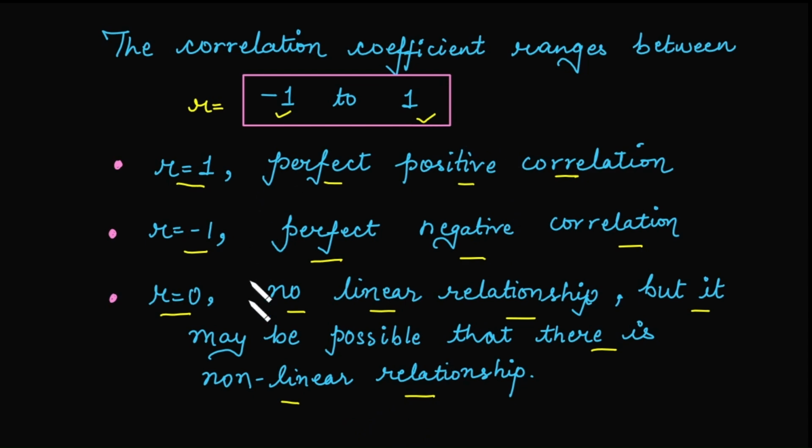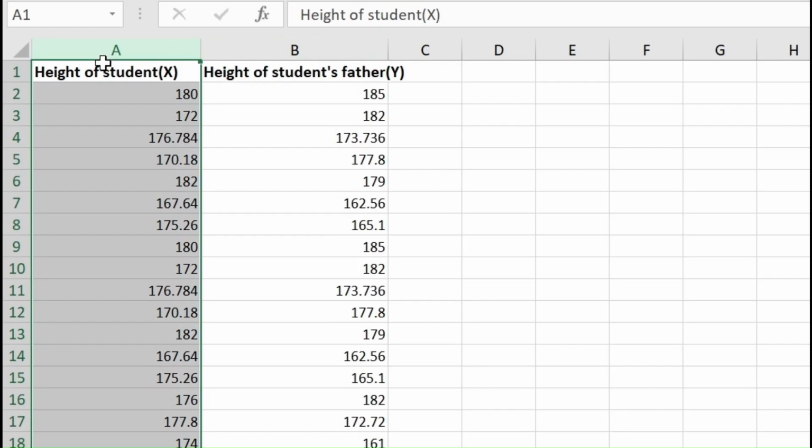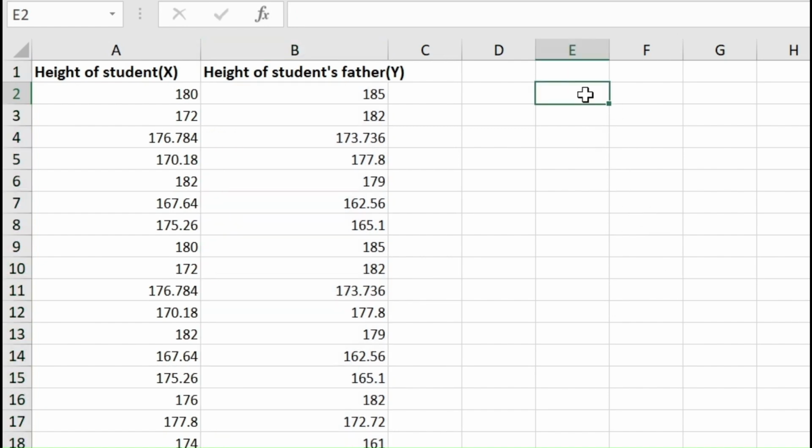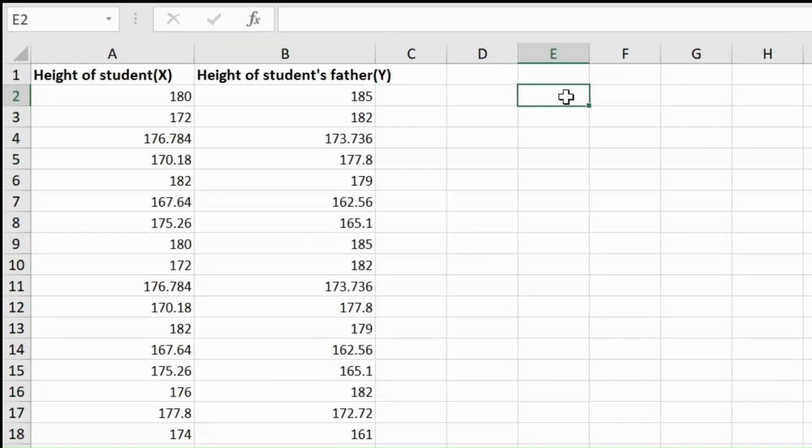This correlation coefficient can be easily calculated in Excel by using one single function. Firstly, we have a sample of variables: column A represents the students' height, and column B represents their fathers' height. Now we will find the correlation between these two variables. For that we will use the CORREL function. Simply choose an empty cell, suppose you take E2, then type the formula is equal to